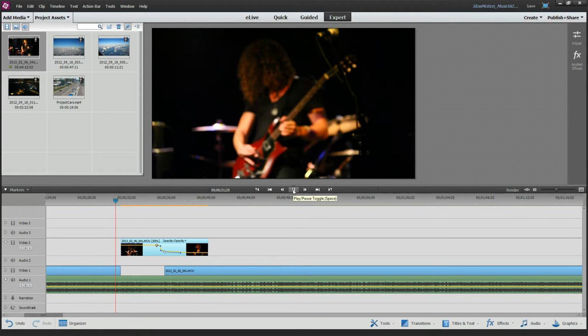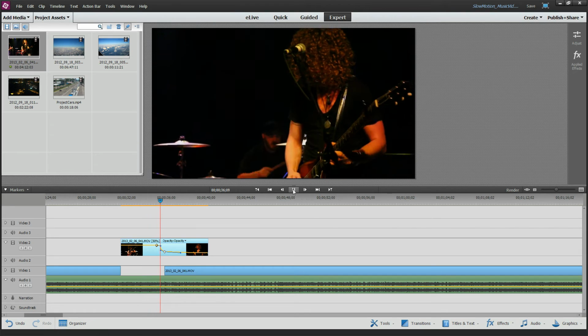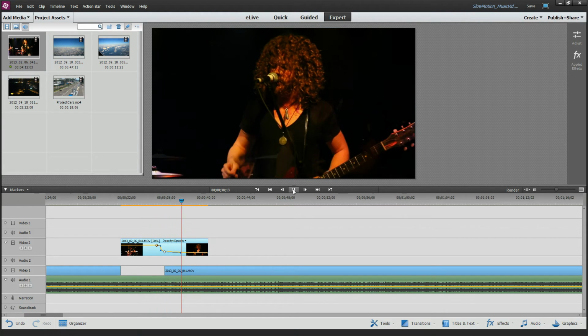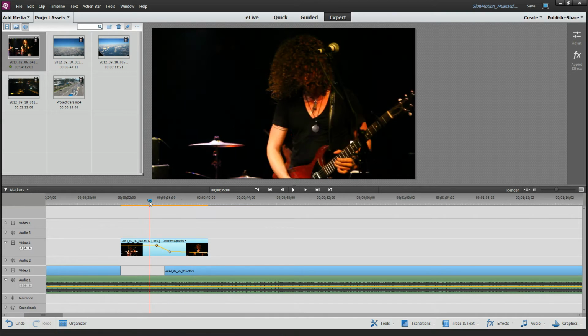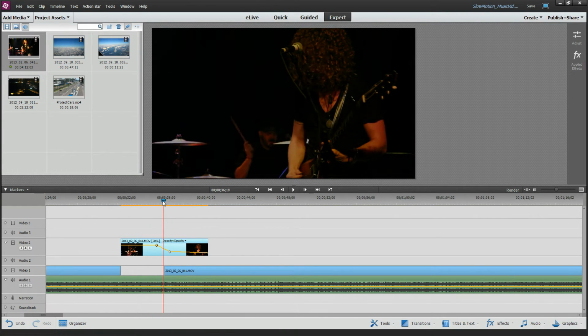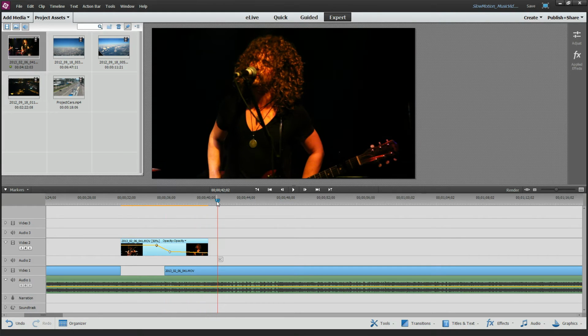All right, so let's play this. You get the idea. That's probably too quick of a drop-off, but we can play games with this all day long until we get just the right effect that we want. And so right when he starts singing, he starts to fade back in. So it's a neat effect here. Anyway, that's how you can use the time stretch to make a clip play longer, meaning that it's going to slow down, but use some kind of a transition too.